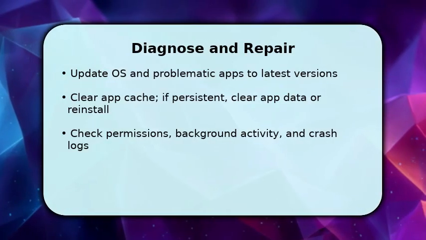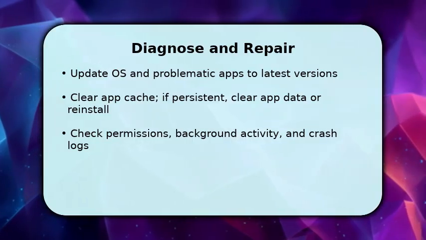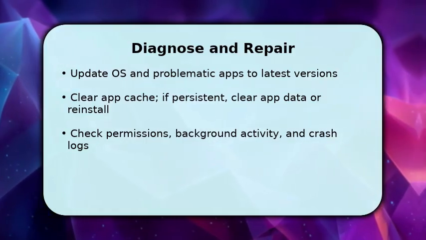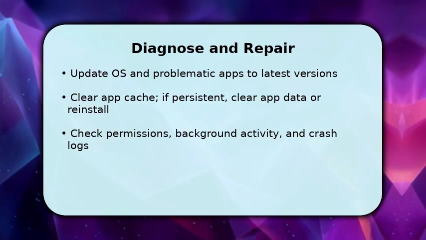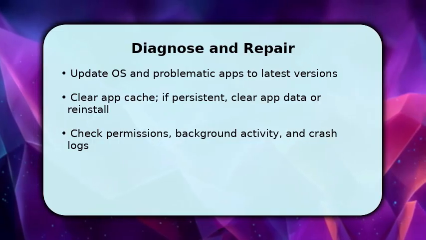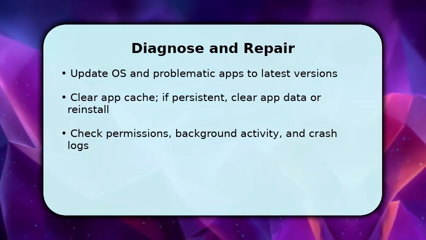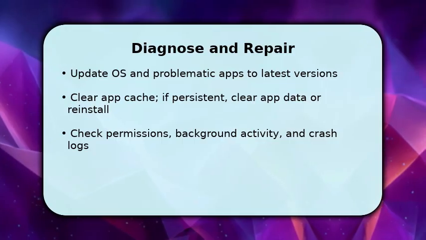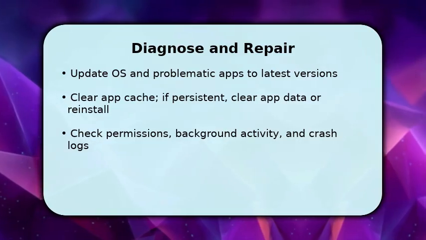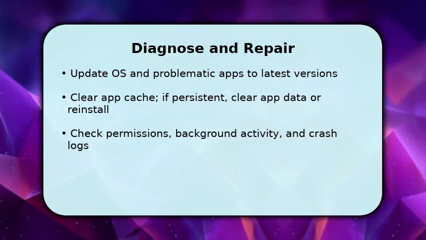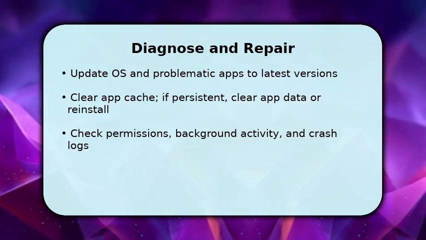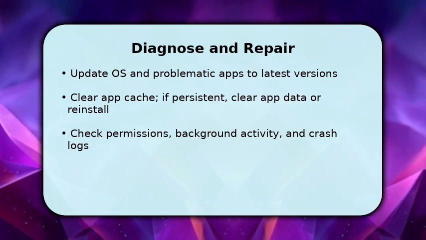You now move into diagnostics and targeted repair. Start by updating the operating system and the apps that crash. Patches often fix stability bugs. Next, clear the app cache. If crashes continue, clear app data or reinstall the app to reset corrupted files. Check app permissions and allow background activity where required because denied rights can force closures. Finally, view crash logs or developer options to identify recurring exceptions so you know whether to escalate or apply a